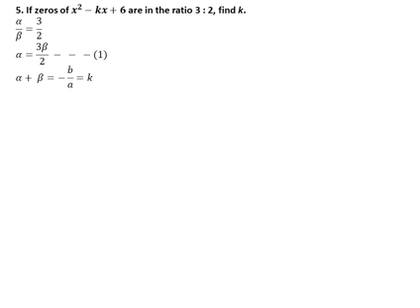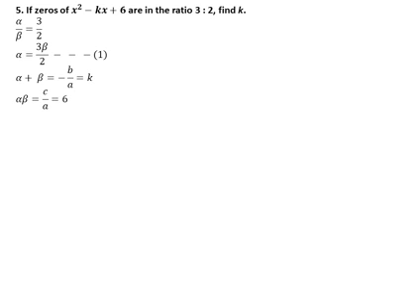Here the a value is 1, b value is minus k, c value is 6. So minus into minus k by 1. Minus minus is plus, so k by 1. So alpha plus beta is equal to k. Next we will find alpha beta. Alpha beta is equal to c by a. The c value is 6, the a value is 1. So 6 by 1 is equal to 6.